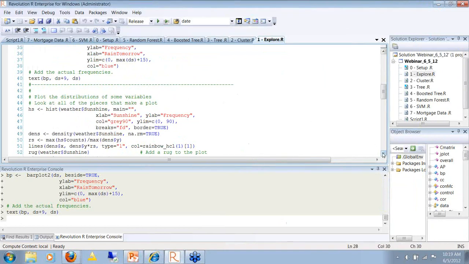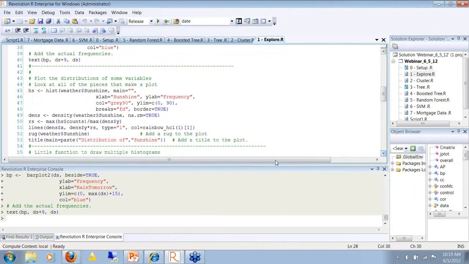Next thing, let's look at one of the predictor variables here, sunshine, and I'm going to do a histogram. This histogram is going to be loaded up. It's going to have on it the results of other functions. Here's something that calculates a density, a kernel density estimation for the distribution of the sunshine.